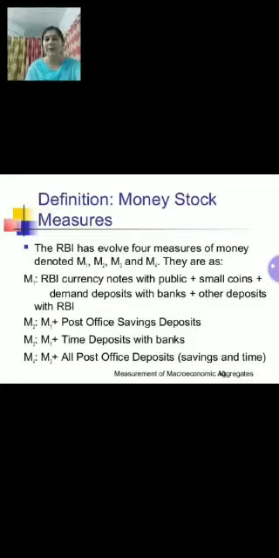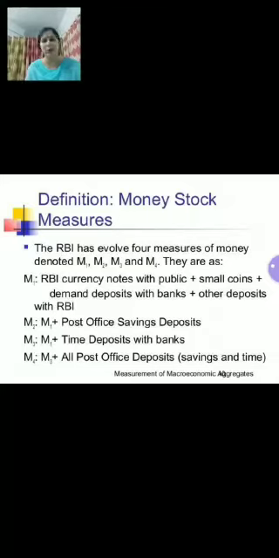Right, children? Coming to the second variable, that is M2. M2 is M1 plus savings deposits with post office savings bank. You can see this in the slide also, it is written M1. That is, we will be taking all the components of M1, but we won't be writing it again. We will just write M1 plus savings deposits with post office savings bank. In short form, post office savings deposit is denoted by SD. So the formula here becomes M1 plus SD, right?